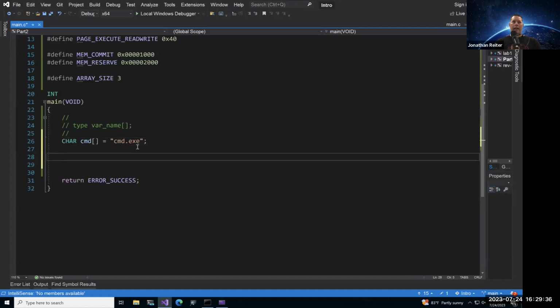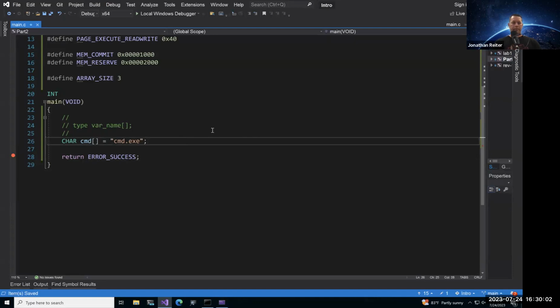So the char array on the back end of this is just values. Okay, so integer values that represent these characters, like C, M, D. They have a value that we'll see in memory. To see that one, let me go ahead and show you, and feel free to follow along on your system. I'm going to save that one.